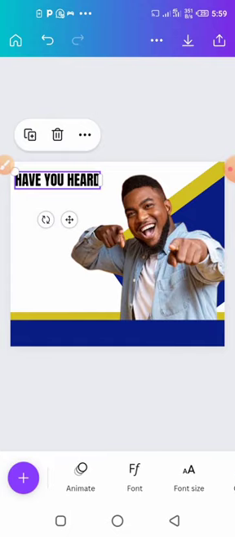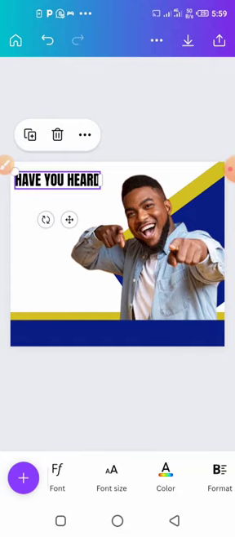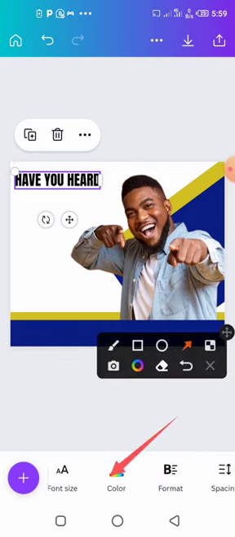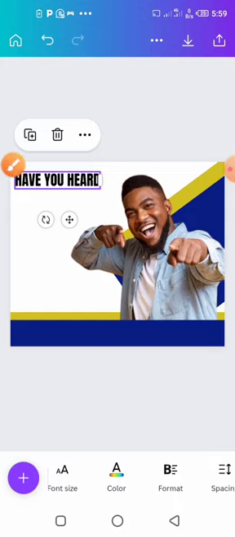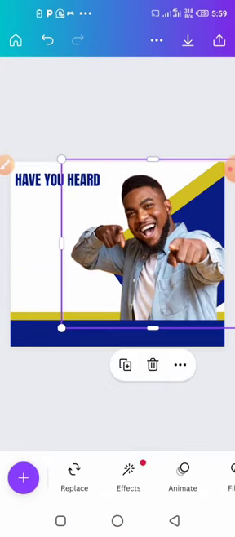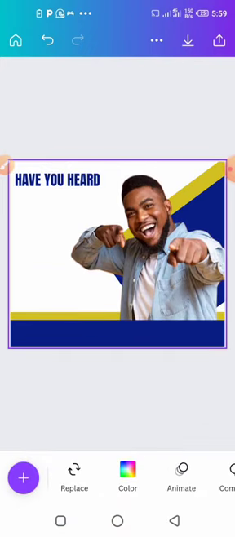I can change the color. I can move. Make sure you are highlighting on the text before you are editing, because if you are not highlighting on the text, you can't edit the text. Then I'll move to color. You can see color here. You tap on color. Yes. So the initial color that we used, they are all here now. So I just tap on it. You can see it. Have you heard